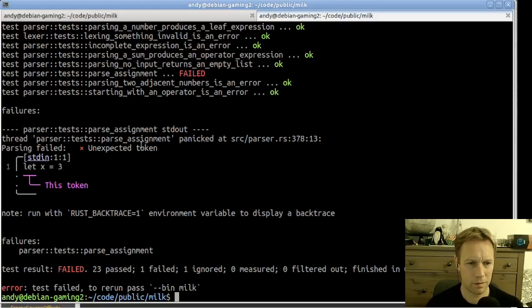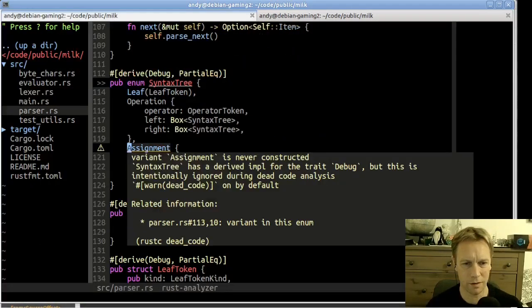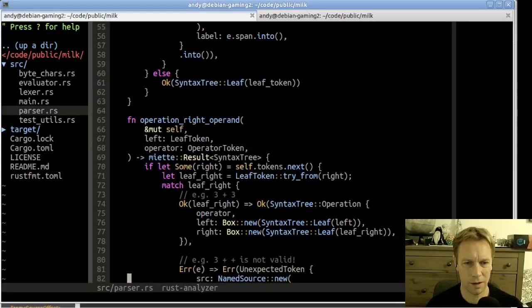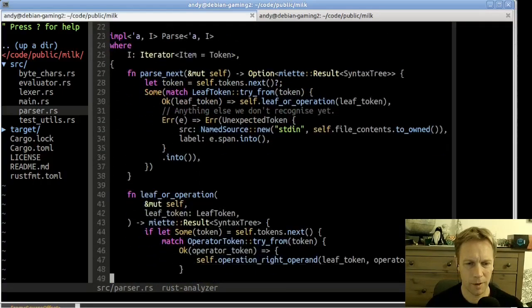And the test fails because when we try and parse let x equal 3, we get to the let keyword and we don't have any parsing rules for what to do with the let keyword. And like I said at the end of the last video, parsing an assignment statement should be pretty straightforward because it's unambiguous. When we get in a let token, we definitely are going to have an assignment statement. So